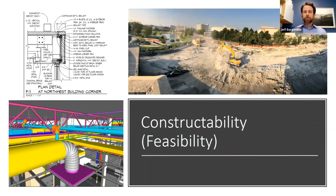Yeah, so constructability and feasibility, right? Is it buildable? That's a big question that we're asked. And believe it or not, a lot of times architects and engineers will actually put stuff on paper that doesn't make sense, that is not buildable. It is buildable, but it's going to leak, right? So if you've got a flashing detail, like what you see in the upper left-hand corner there of a window, right? And making sure that the flashing details are such that it's A, buildable, and B, isn't going to leak